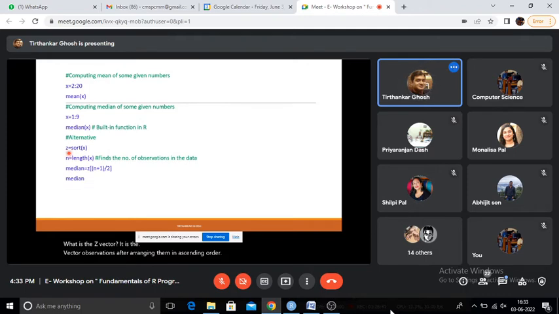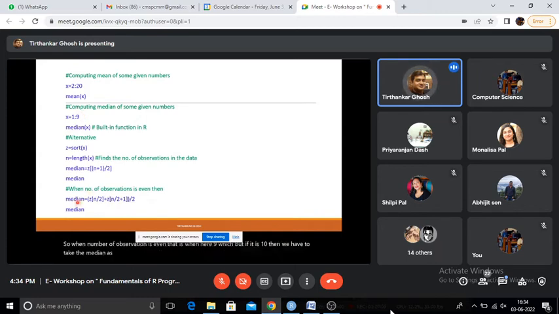So here we are computing the median alternatively, not using the function. When the number of observations is even, here it is 9, but if it is 10, then we have to take the median as the arithmetic mean of the n by 2th and n by 2 plus first observation.